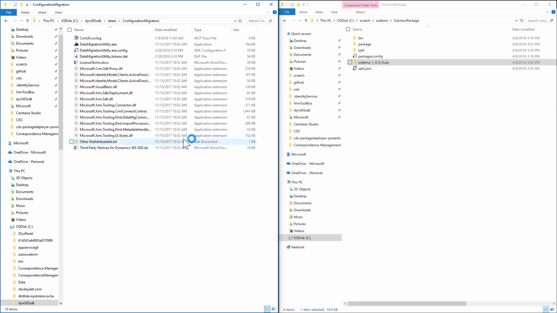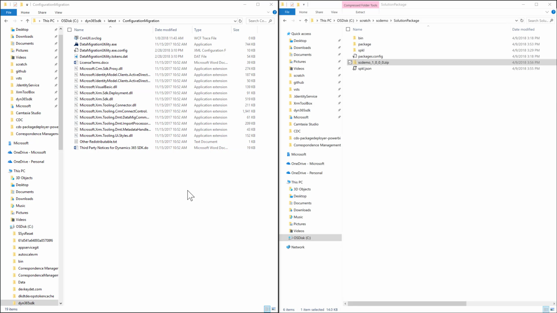So the way this tool works, it allows you to point to an instance that you already have data in, pull that data down into a zip file that can be reused to insert data into a new environment, including lookup data, reference data, configuration data, things that aren't in the solution package. And it also happens to be a very nice utility if you're building a demo or you just have some sample data or initial data that you want to ingest into an application deployment as part of that deployment